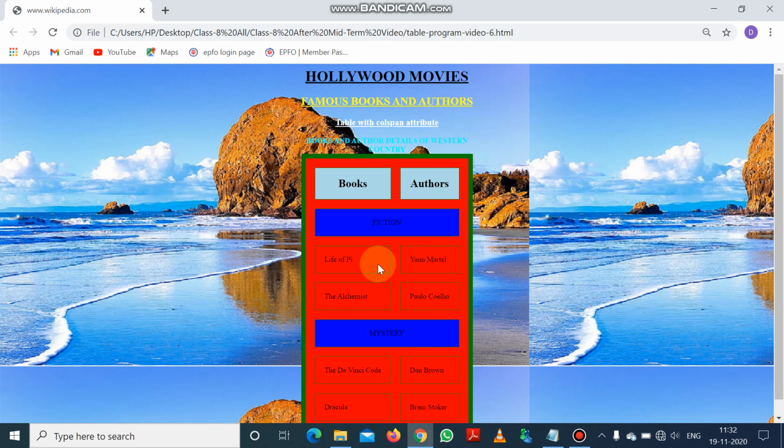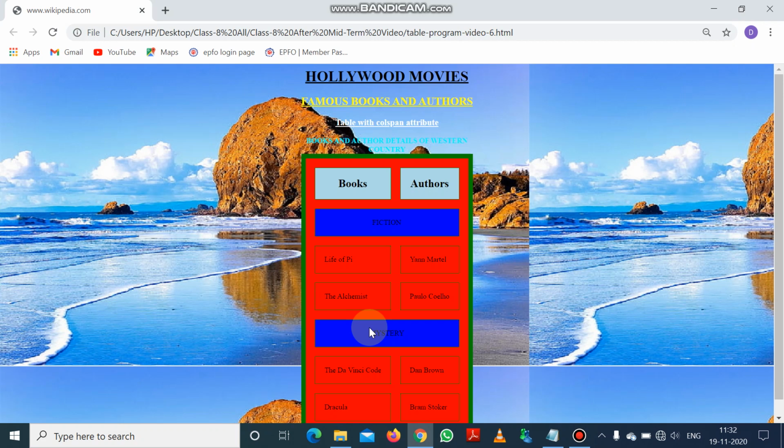The rest of the columns are individual columns, like Life of Pi, Immortals, The Alchemist, Paulo Coelho. These are all individual columns, but fiction and mystery are extending up to two columns with the help of the colspan attribute.